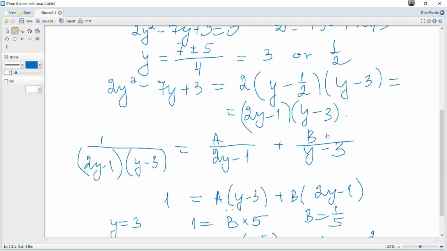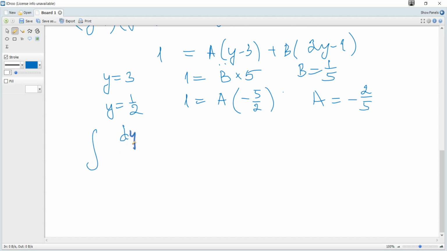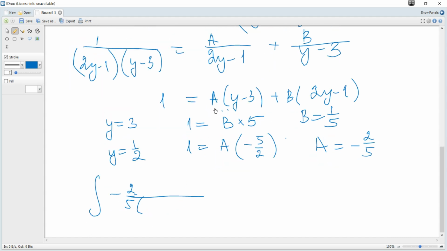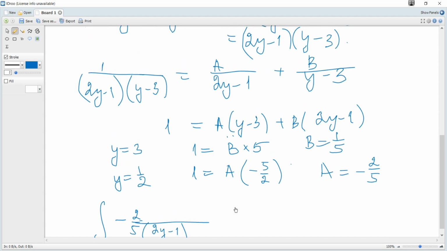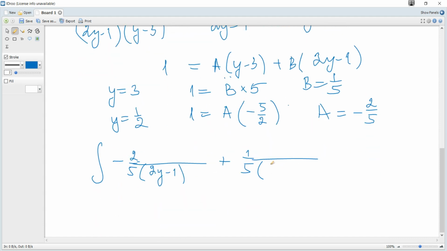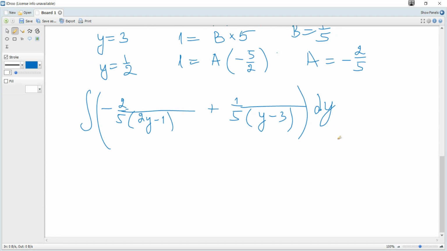Hence the left hand side becomes integral dy over, or actually it would be better to write a, so negative 2 over 5, and the denominator is 2y minus 1, then b is plus 1 over 5 divided by y minus 3 and dy, and let's actually